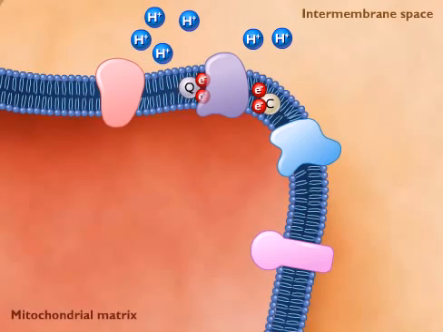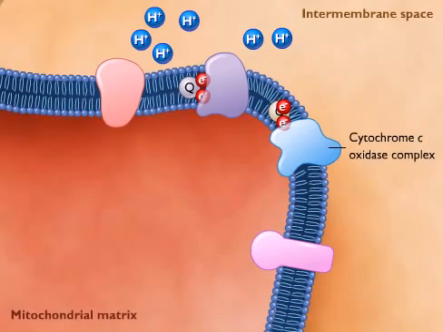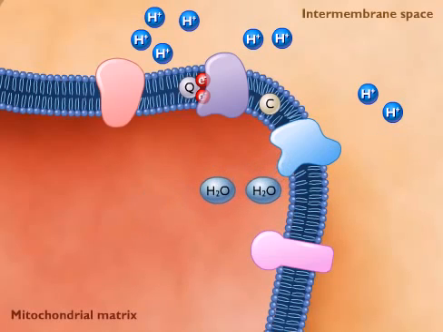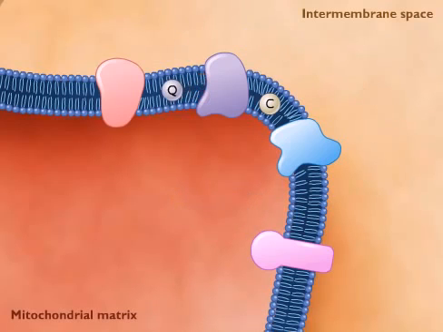Cytochrome C transfers electrons to the cytochrome C oxidase complex. Protons are also transferred to the outside of the membrane by the cytochrome C oxidase complex. The cytochrome oxidase complex then transfers electrons from cytochrome C to oxygen, the terminal electron acceptor, and water is formed as the product. The transfer of protons to the intermembrane space generates a proton motive force across the inner membrane